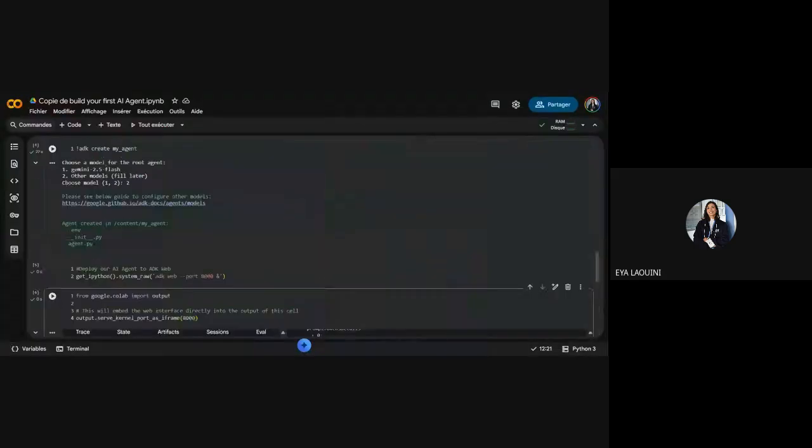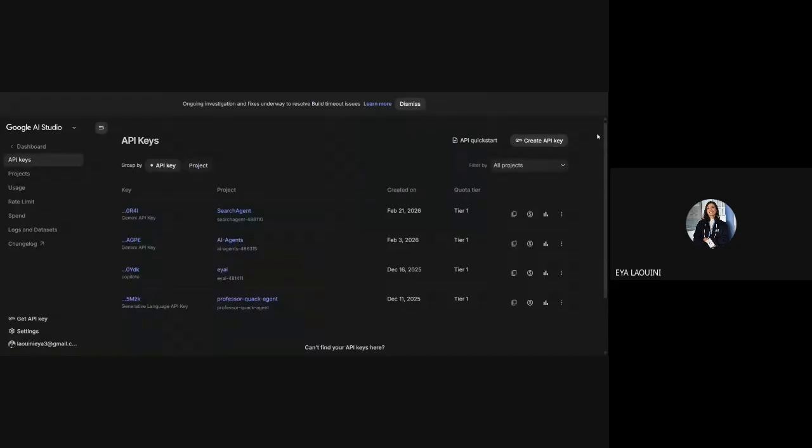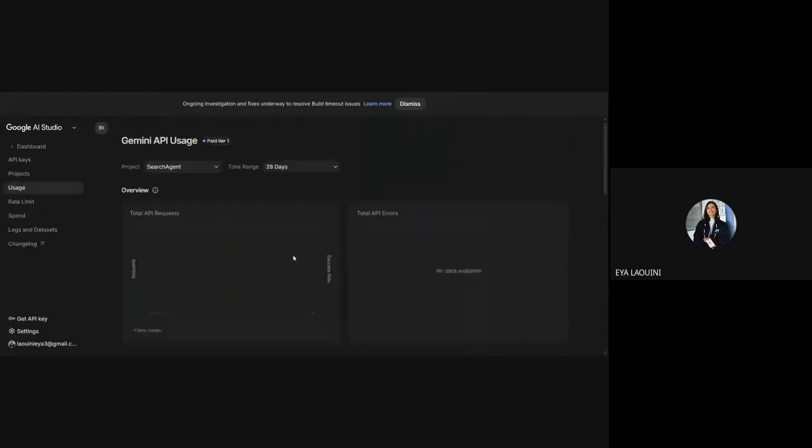Of course, we are using the API key. So if we now want to check our API key, we just need to come back to Google AI Studio and click view usage. Please view usage and you will see here I have